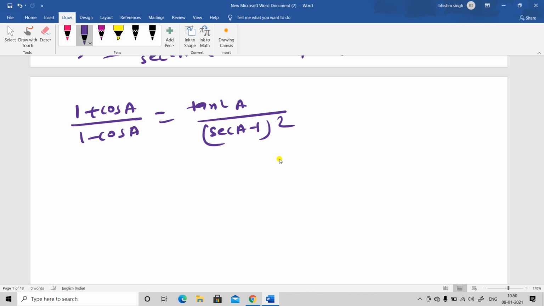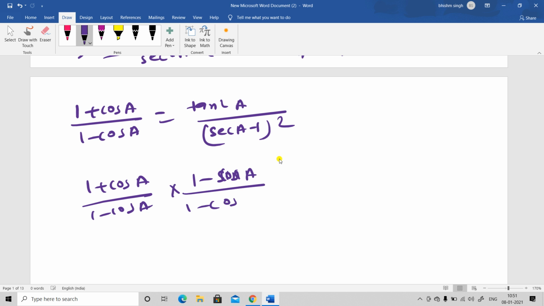So just my dear students, you assume one thing. See, cos a is here, now cos I have to convert into sec, and cos you can convert into sec or something. Okay, what we can convert we have to see, because tan is coming in the sine by cos form. So what I will do in this one: I want to convert 1 plus cos a by 1 minus cos a into some other form, so I will multiply here by 1 minus cos a, and 1 minus cos a.